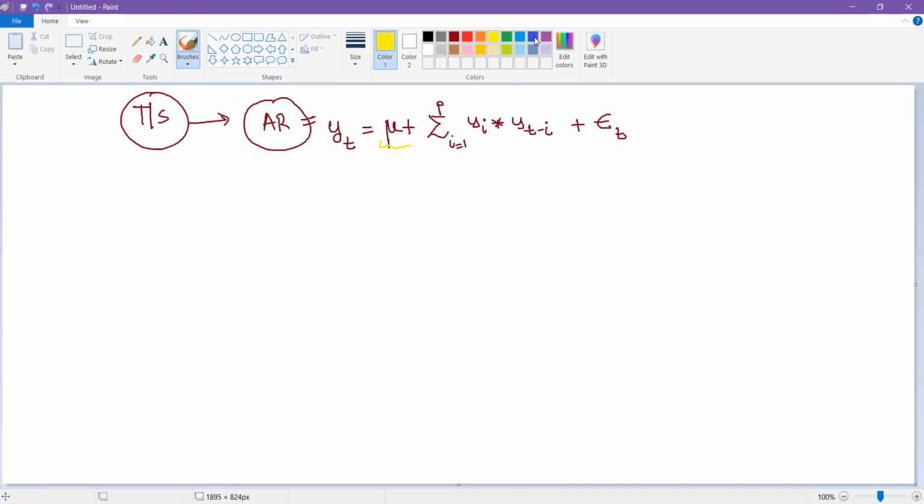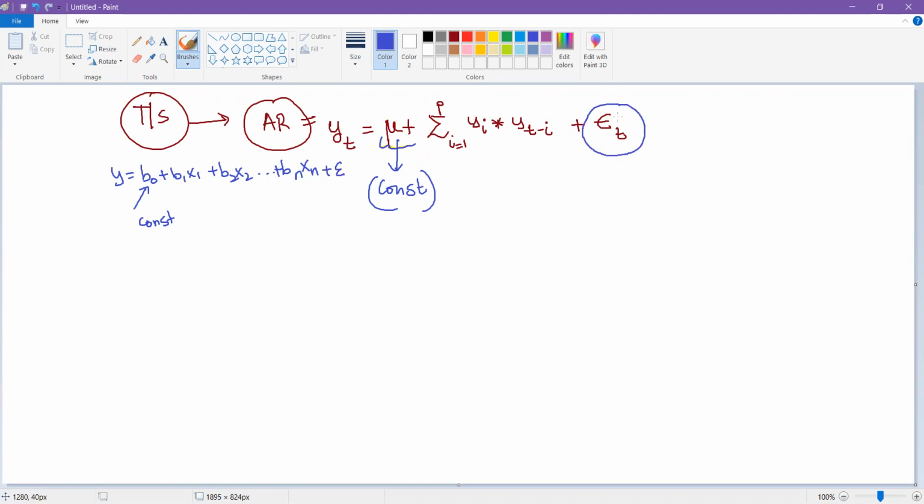This mu over here is a constant value. I'm taking up a constant value just like in my linear regression problem. If you remember what we used to do in case of linear regression, we used to do beta 0 plus beta 1 x1 plus beta 2 x2 plus until beta n xn. This you can really call as a constant. And then at the end, we also used to add some errors. So you can call this E part the error.